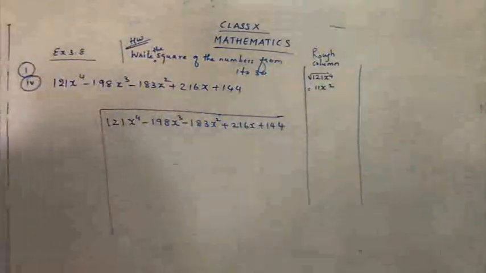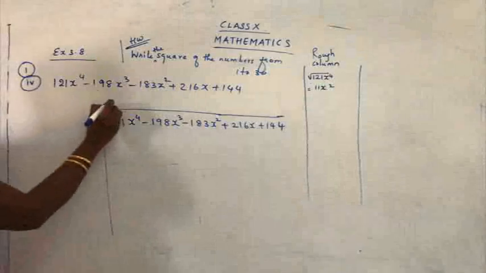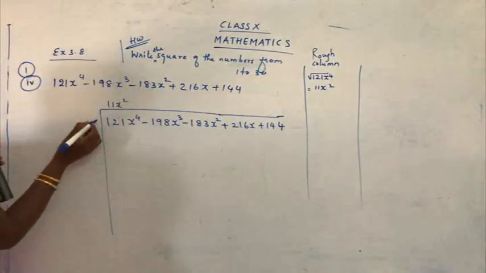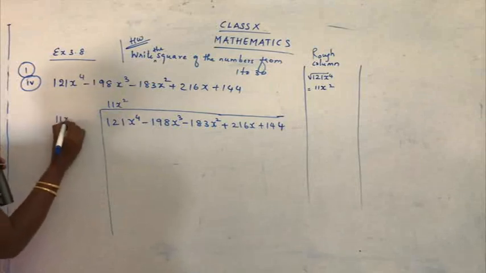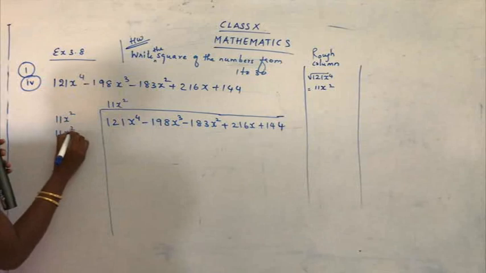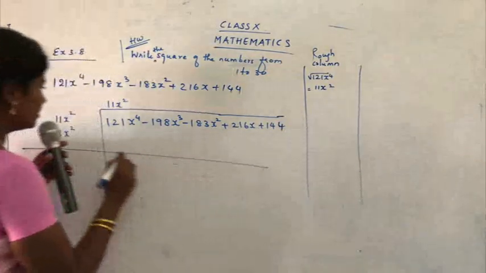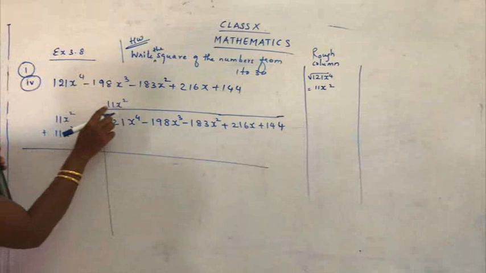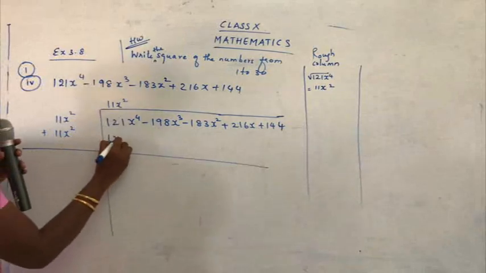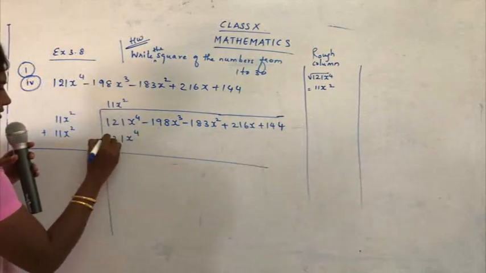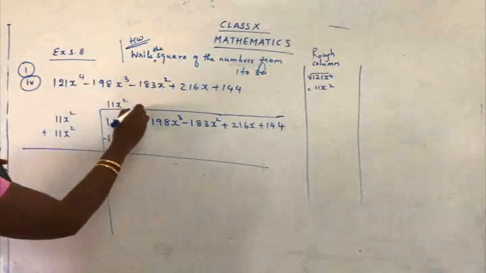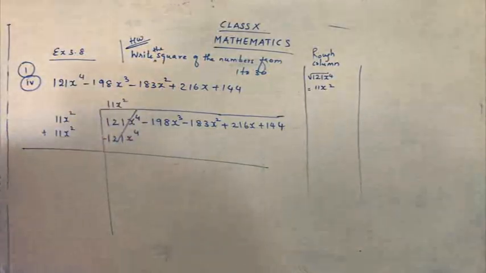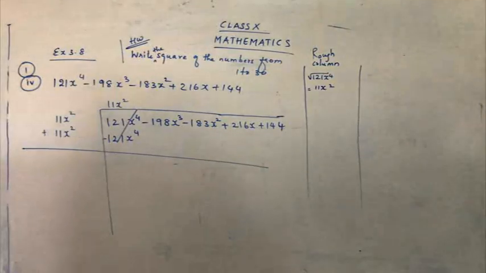So, how many times do we have to write it down? 3 times. On the quotient part, do not write 11x square to the edge of the line. Just leave some space and write. So 11x square, 11x square. Add it. Okay, so you are going to take the same number here. 11x square into 11x square gives you 121x raised to 4. Main sign is minus. 121 minus 121 gives 0. So in simple, you just cancel them. Now whatever is left, take down the left out terms.